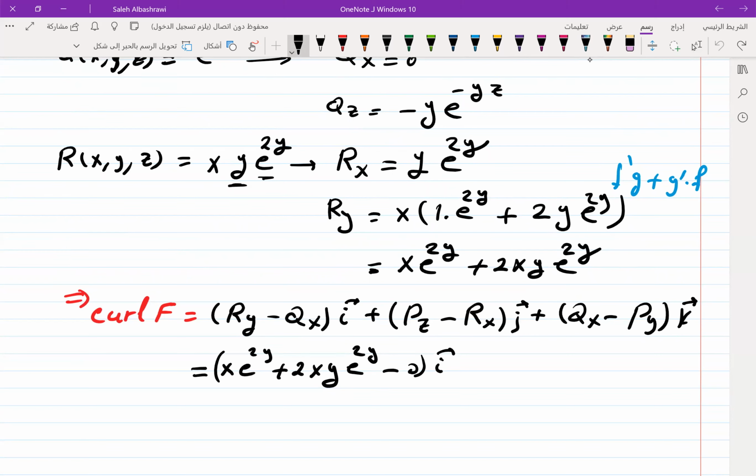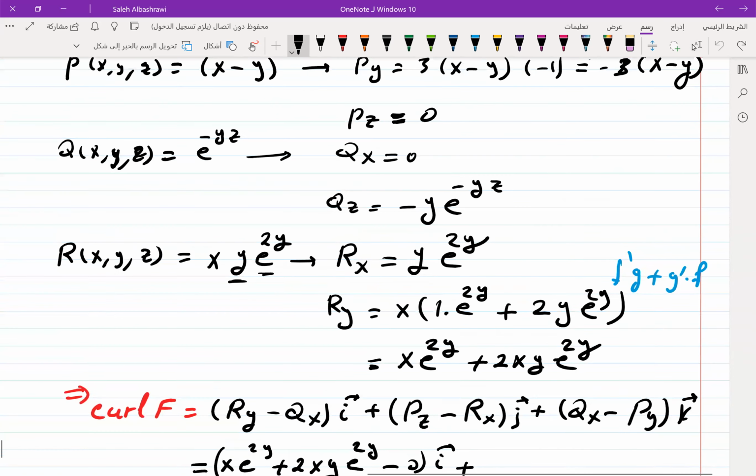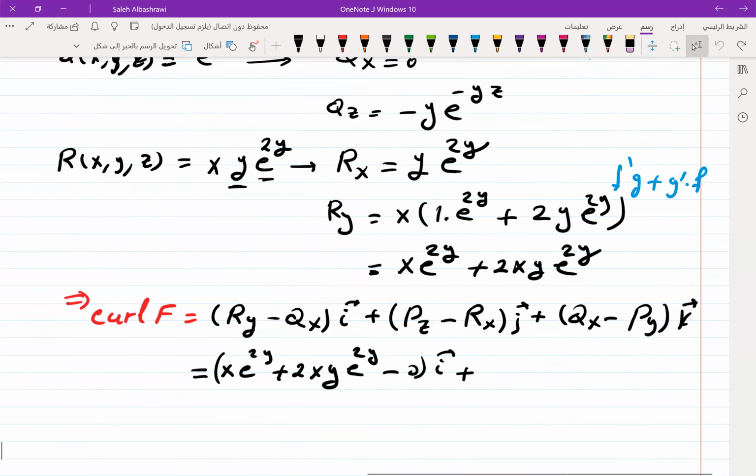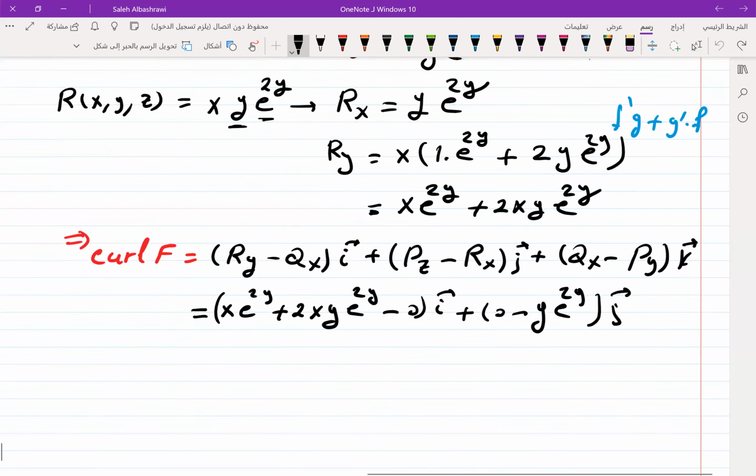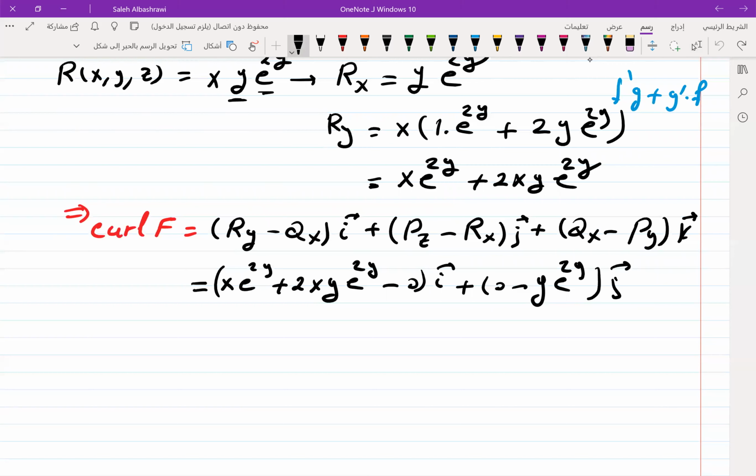This is the first one. Plus p sub z, p sub z equal to 0. Minus r sub x, which is y e to power 2y. This is the second part, or second component, plus,